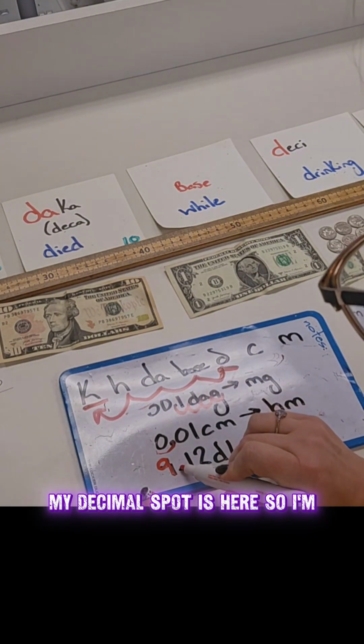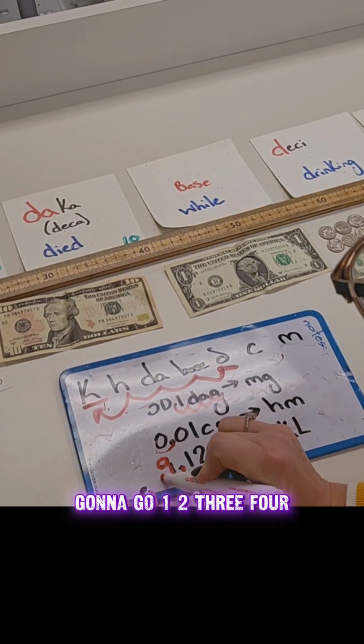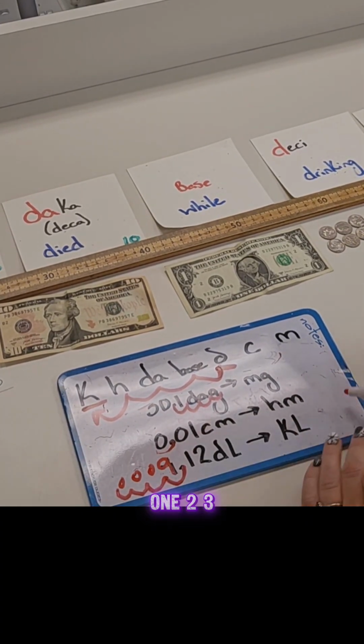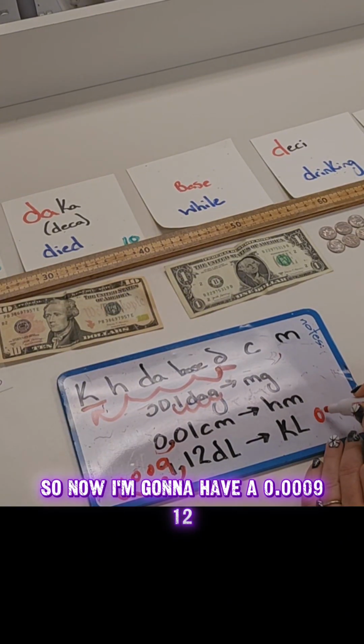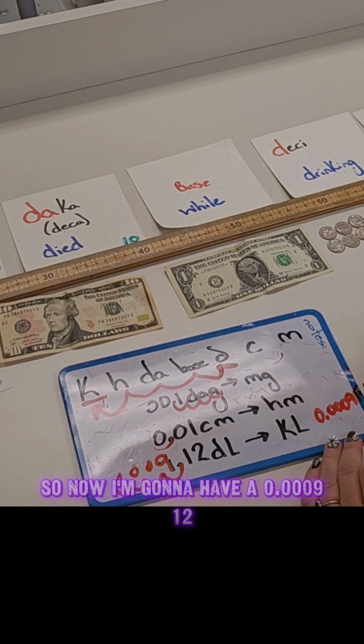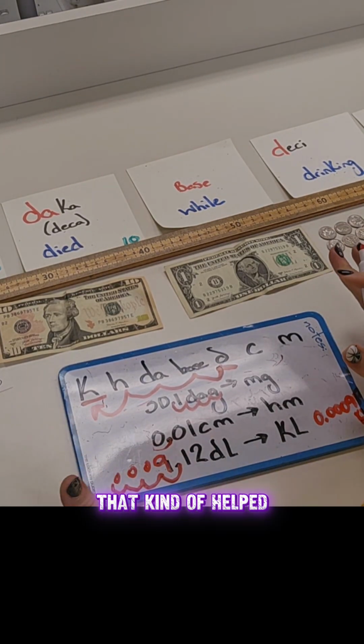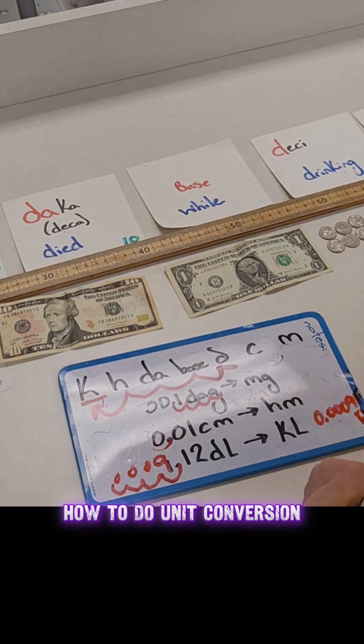My decimal spot is here. So I'm going to go 1, 2, 3, 4, 1, 2, 3. So now I'm going to have 0.0000912 kiloliters. Okay, so hopefully that helped give you a quick overview on how to do unit conversion,